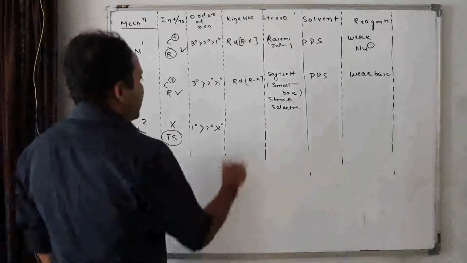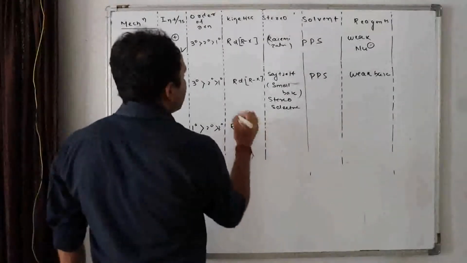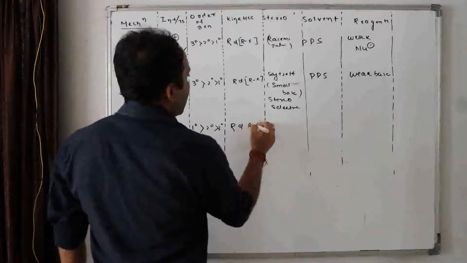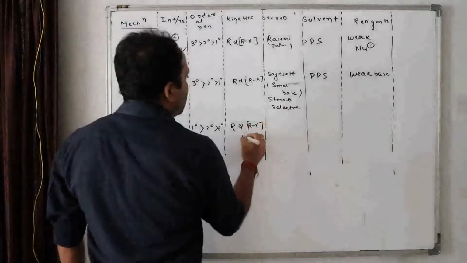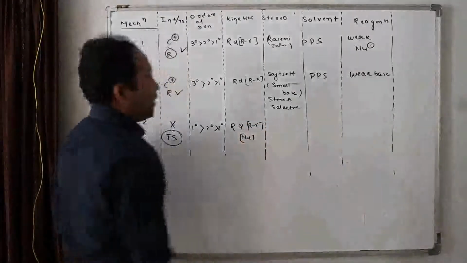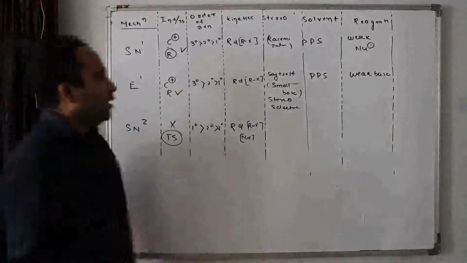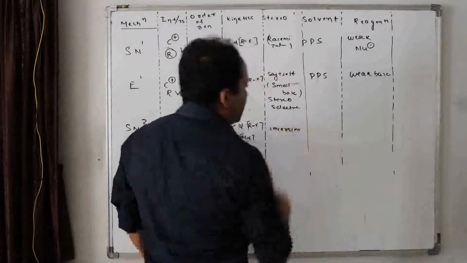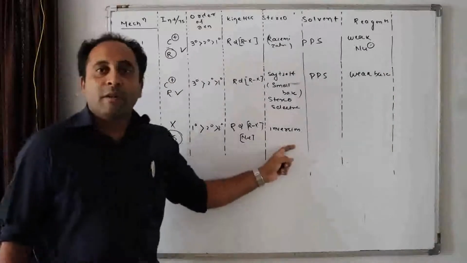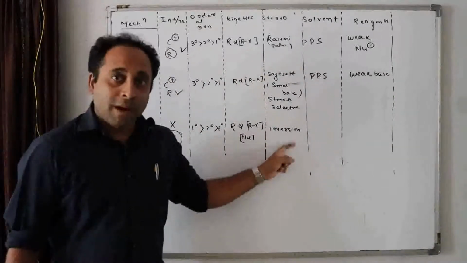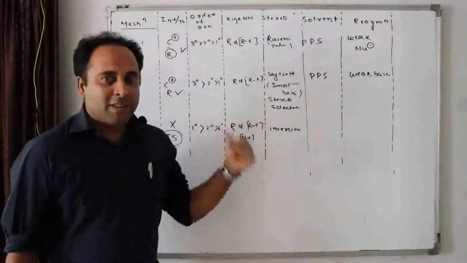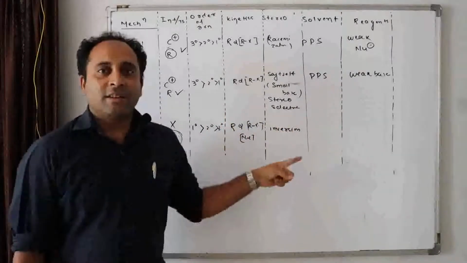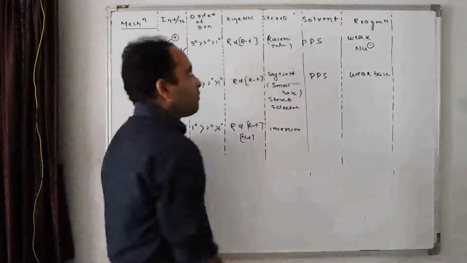Now what is the kinetics? The rate depends upon the alkyl halide along with the nucleophile, isn't it? What is the stereochemistry here? Here only the inversion product is formed. I have discussed this with the help of Walden's examples. Do you remember Walden's examples? You can open my previous lecture of SN2 of alkyl halides and watch the Walden inversion.